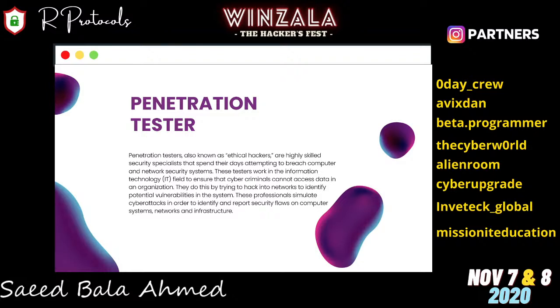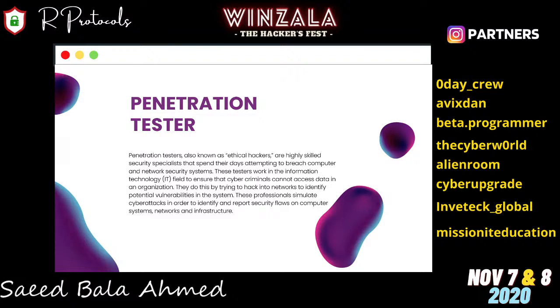As a penetration tester, your duty will involve performing authorized tests on computer systems in order to expose weaknesses in their security that could be exploited by criminals. As a penetration tester, you can work for a company or a consulting firm or your own business, which is on a freelance basis. And penetration testers are also responsible for making sure that the staff within the corporation or your institution are trained and won't pose a threat by conducting social engineering where required.